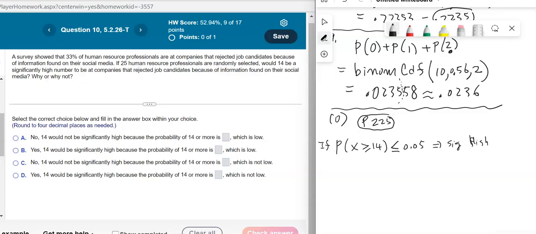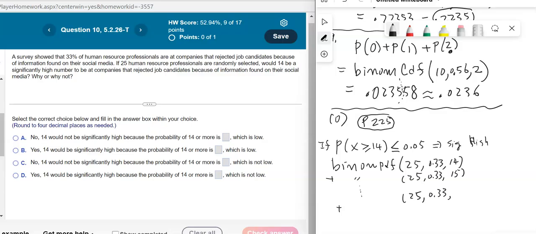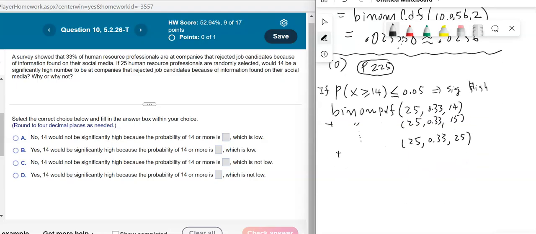So now let's look at it. What is the probability x greater than or equal to 14? So binompdf(25, 0.33, 14) plus binompdf(25, 0.33, 15), you go all the way to binompdf(25, 0.33, 25). Okay, this probability